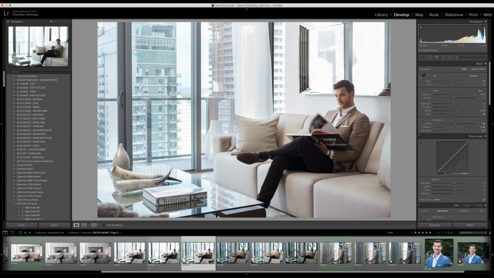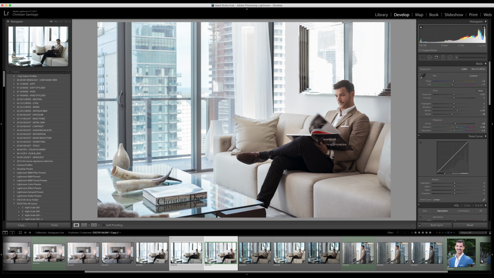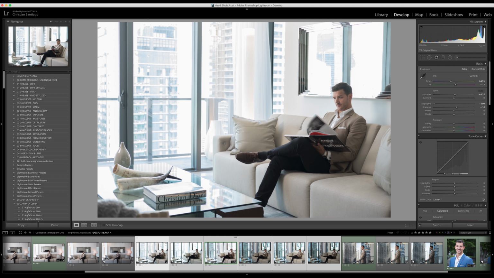First thing I'm going to do is click all the relevant images for this, and we're going to go through them. This is the final outcome. This is where we started. I believe it's this one. Yeah, it's this one. This is the raw file straight out of camera, and as you can see, it's not a bad image, but